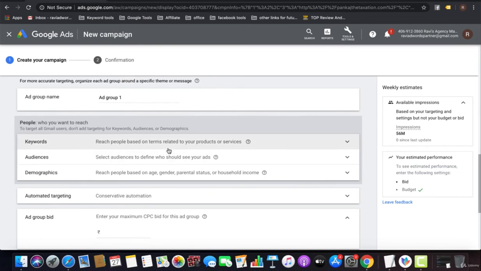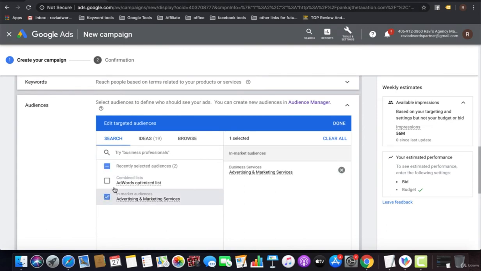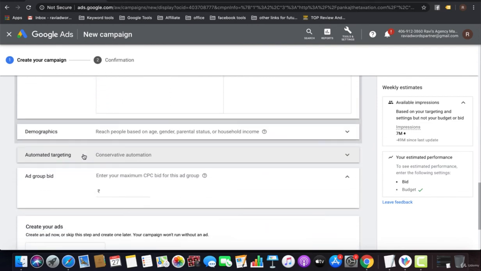Now for Gmail, you can target at keyword level, like for particular keywords your audience is interested in, or products or services your audience is interested in, or for selecting the audience who already saw your ads, like if I already created this option, I want to target that audience who has already visited my website, who have already seen my ads as well.